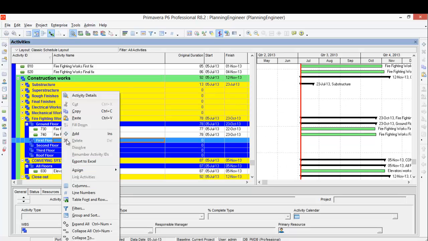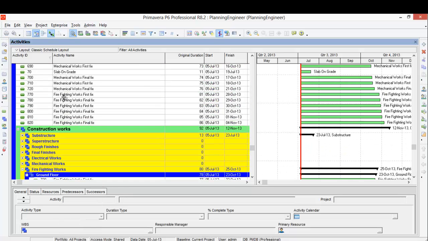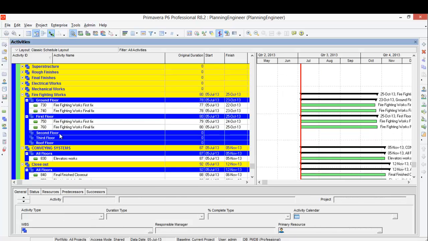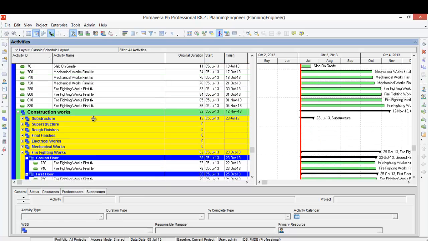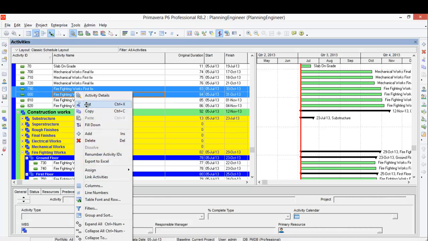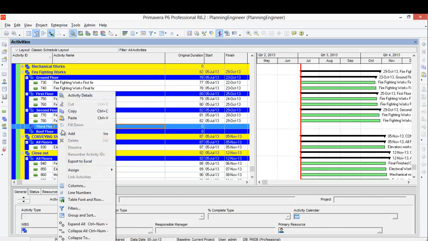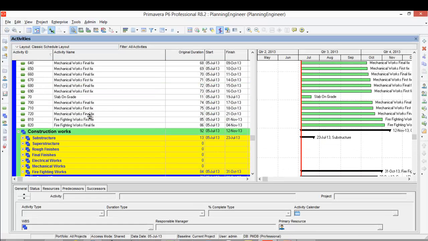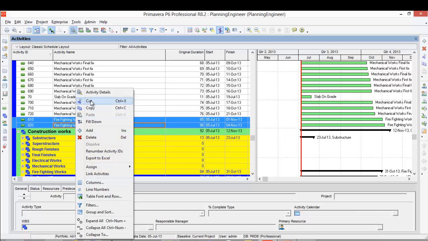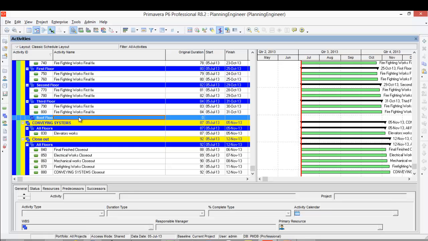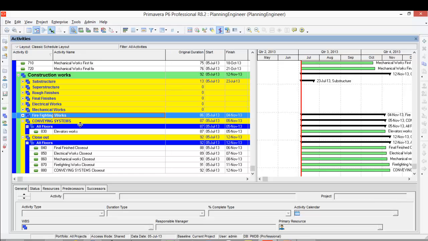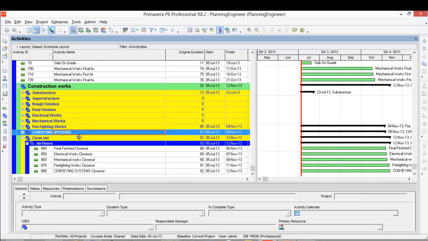This is first floor, and this cut, second floor, cut, this third floor, and we have here firefighting, cut, will paste it in the roof floor. Now we finished the firefighting, the conveying system, and the closeout.